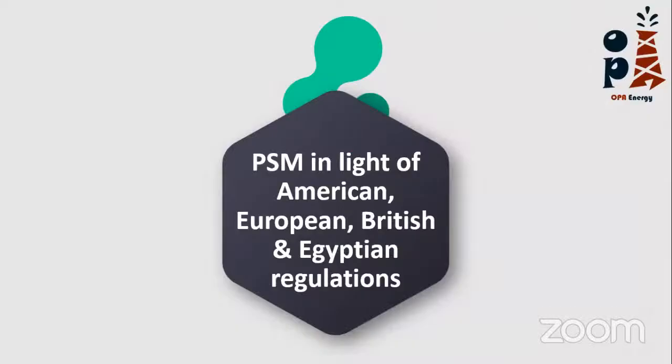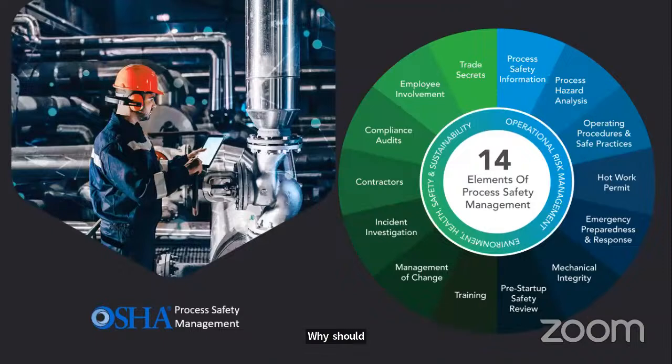This is the last part of our webinar, PSM in the light of American, European, British, and Egyptian regulations. Why did I choose these regulations specifically? The American body, OSHA, has already constructed 14 elements of process safety management. OSHA in America has a point of view on process safety management